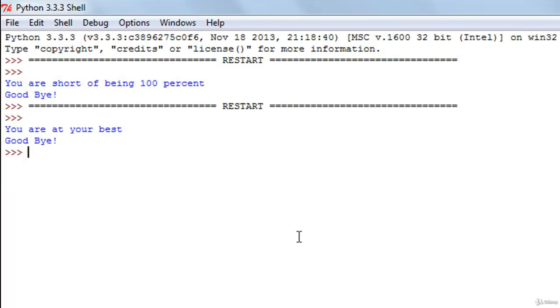So this is how the if-else statement is different from the if statement. It gives you a little more flexibility. And in the next tutorial we are going to check out the